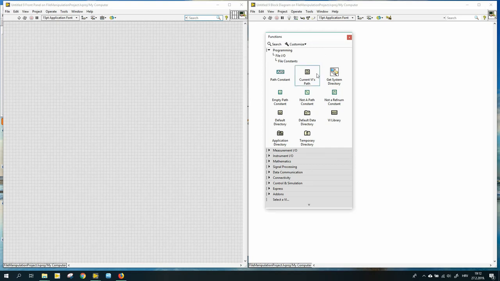One of the constants that is commonly used is called Current VI's Path. That is a path to the location where we saved our VI. It's very similar to something called Application Directory, which is a path to where our application is stored. And here we have Temporary Directory and Default Data Directory. Those are the paths to directories that are some of the predefined default locations for temporary files and data files and so on,